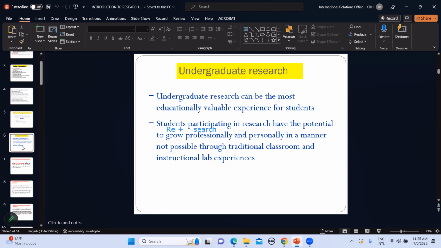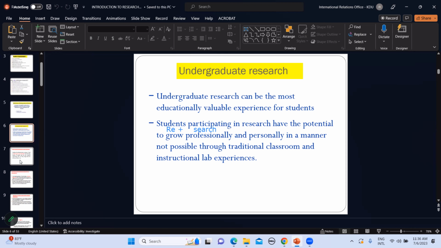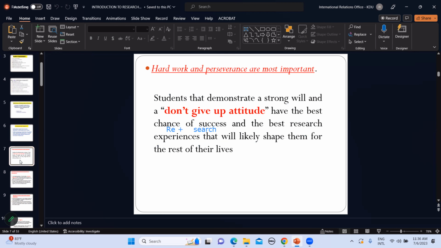They are working in both academia and industry, right? So this is very, very important for you. And the other thing is that hard work and perseverance are most important. You know why? A don't-give-up attitude. Right? Students, now for example,